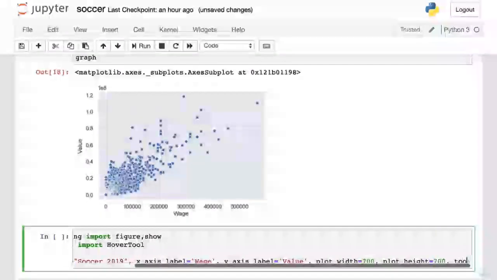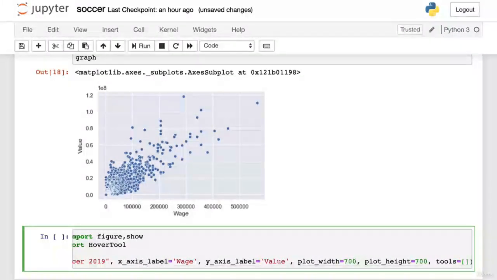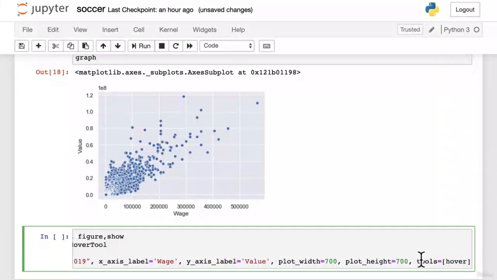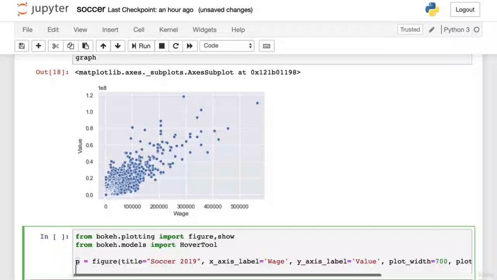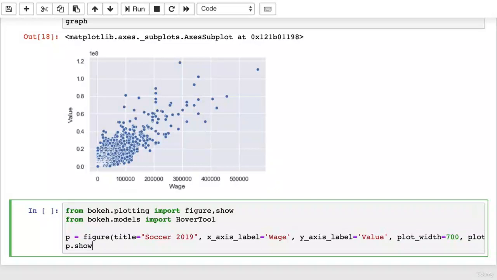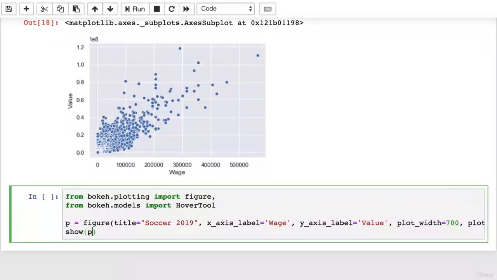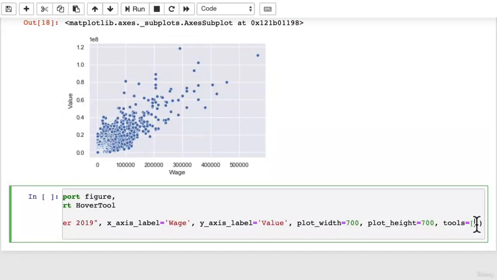And then finally, I can say what type of tools I want to use. In our case, we're going to create a hover tool so that we can hover over this figure. So this will be our graph right now. Next, the way it would work is we do the show that we import from here, and we run it like this. And you know what, for now, let's not use any of the hover tools. If I click run here,